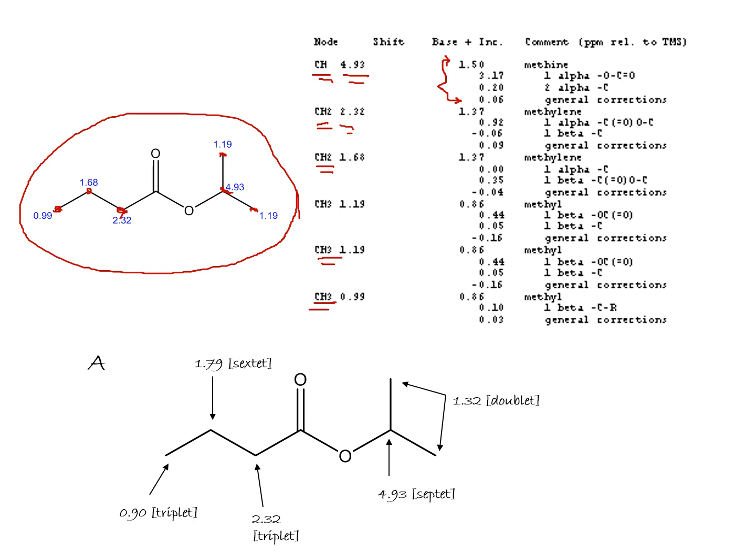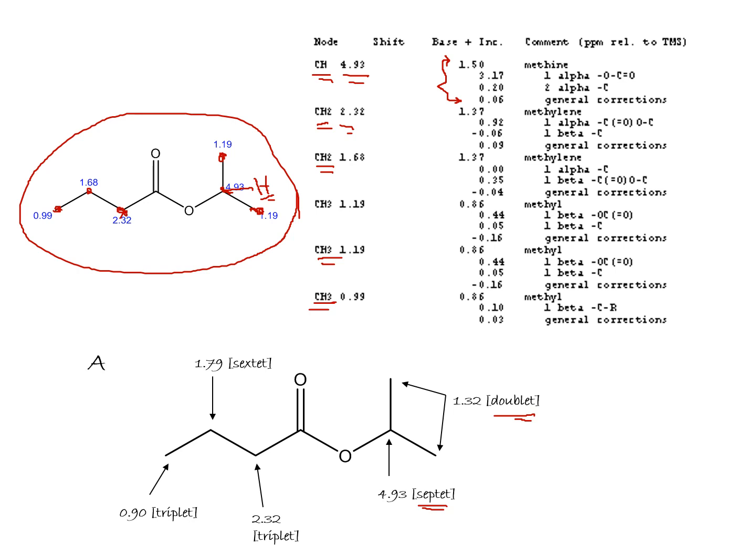Now, what is the multiplicity of this peak? See, we have here 1H. This CH3 and this CH3 are equivalent, and neighbor to them is one hydrogen, so it will show up as a doublet. But what about this hydrogen? This hydrogen is surrounded by 6. 6 plus 1 is 7, septet. So this one will show up as a septet, 7 peaks.